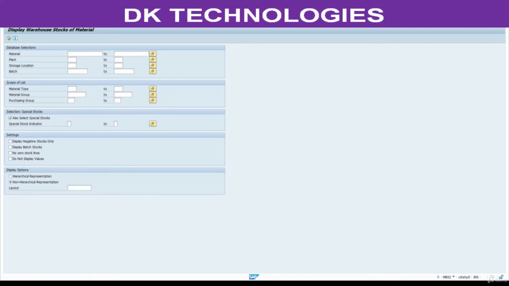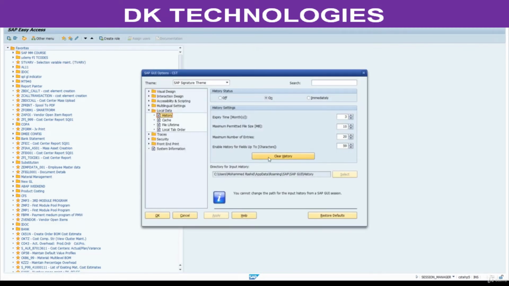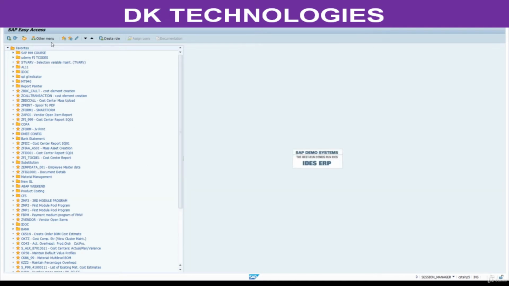MB52. I am going to execute once again. It is getting copied here because of the recent history. Close this. Delete history. Again execute MB52.